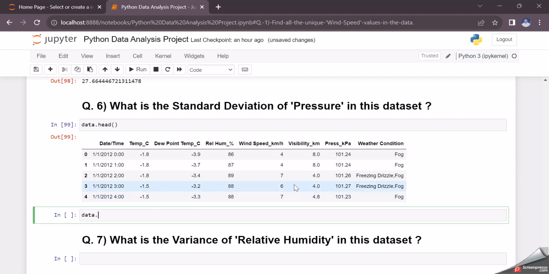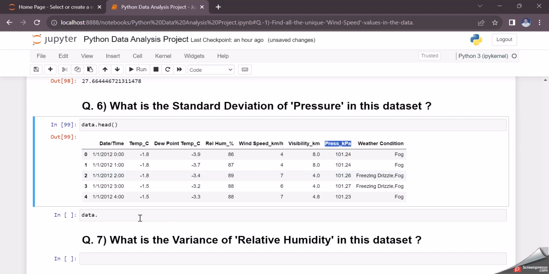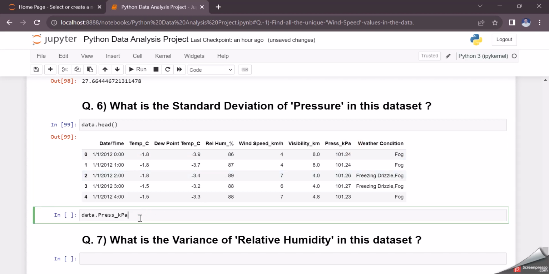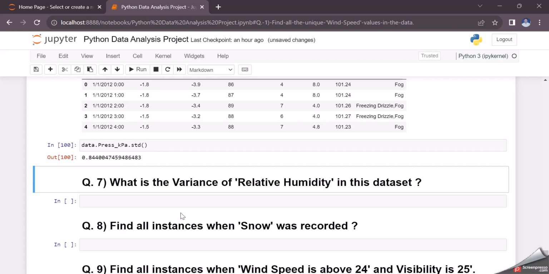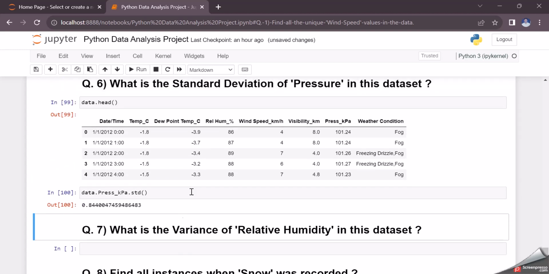Okay, so where is pressure column? Simply copy the column name, paste it here, and for the standard deviation you have to just type std. Okay, and if you run this, see, we will get standard deviation of pressure, that is 0.844 something. Okay,